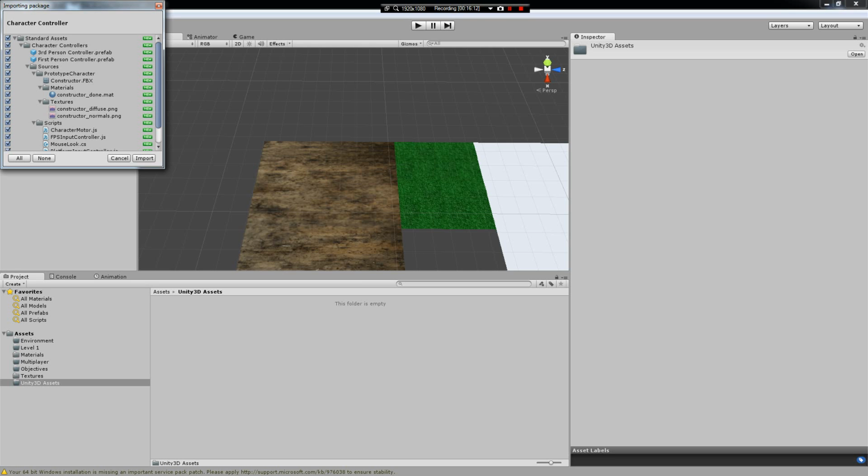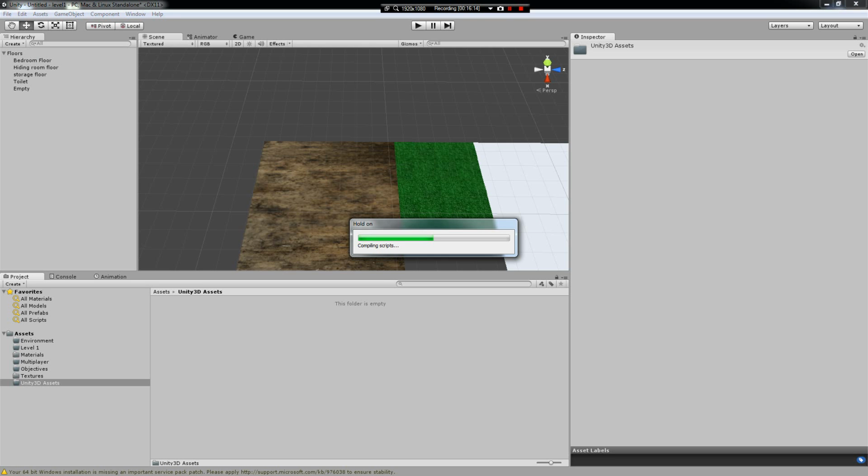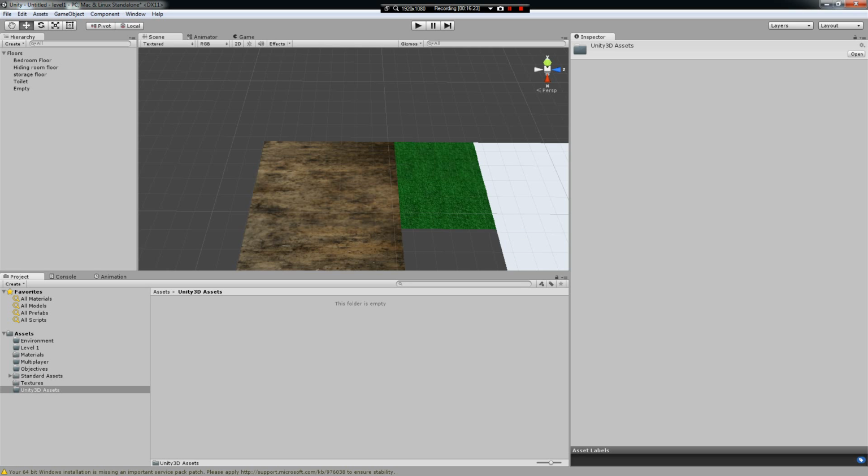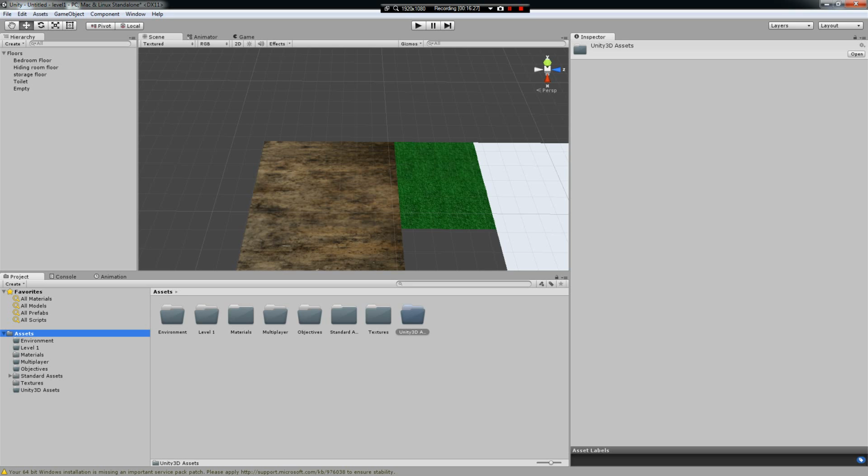It will take a while, and then press import, and just wait for that to be finished. Make sure you drag that right into the Unity3d assets folder